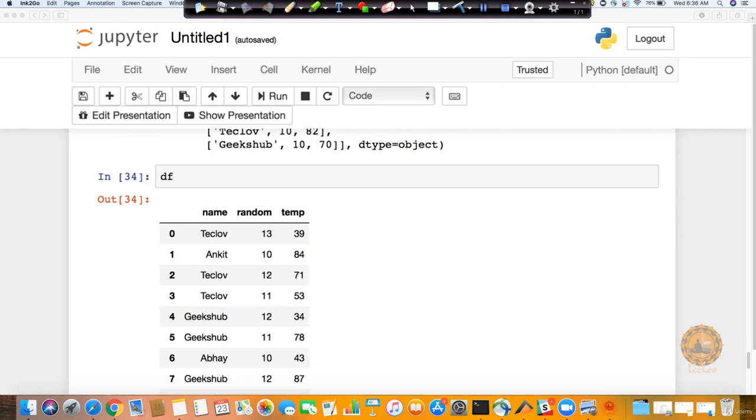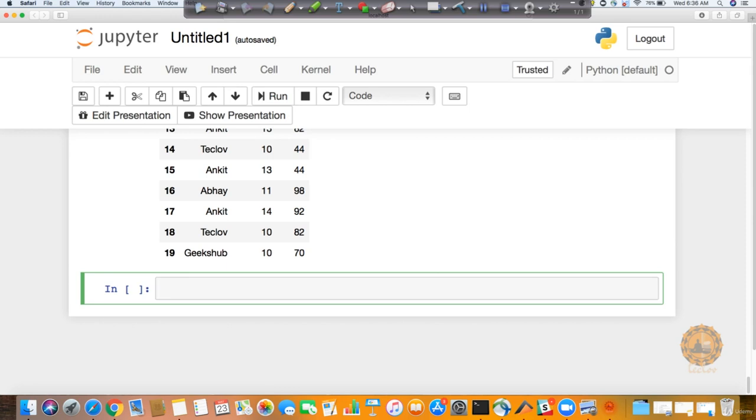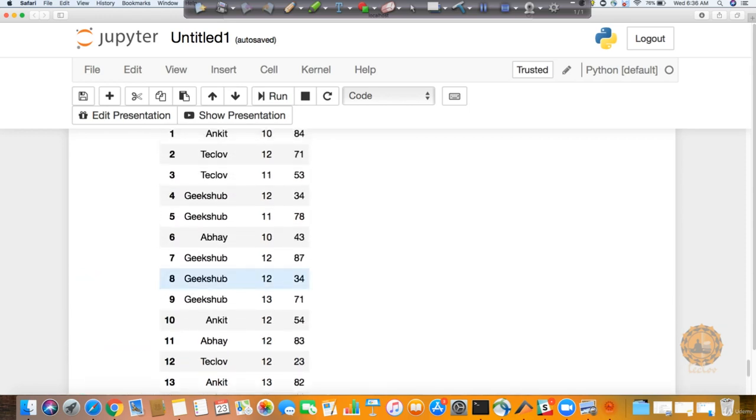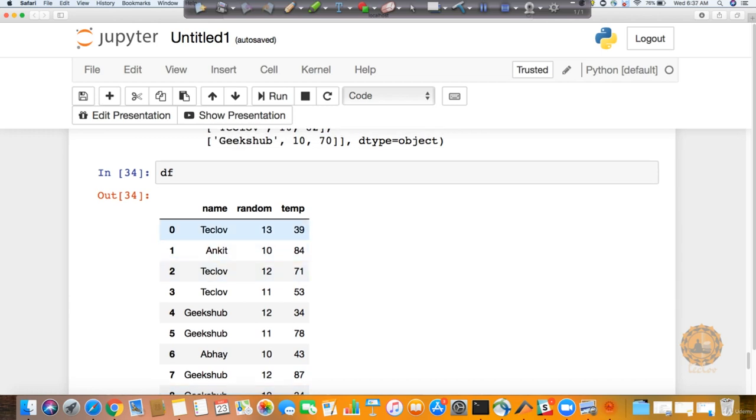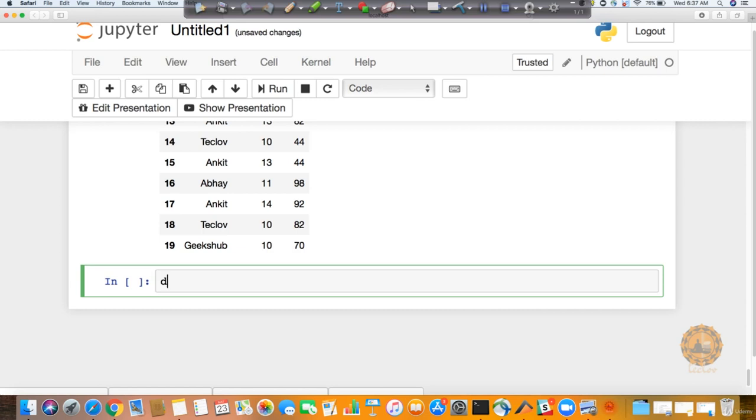So in the last video, I showed you that when I output this data frame df, I could see the indexes 0, 1, 2, 3, 4, 5, 6 and so on. Let's say I want to change it. Instead, I want to make this temperature my index, instead of having 0, 1, 2, 3. The way we can do that is df.set_index, and we can define our column names. For example, I can define my temp column name, comma, and if I leave it as much,